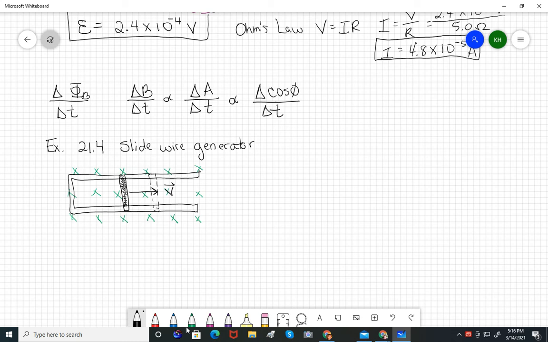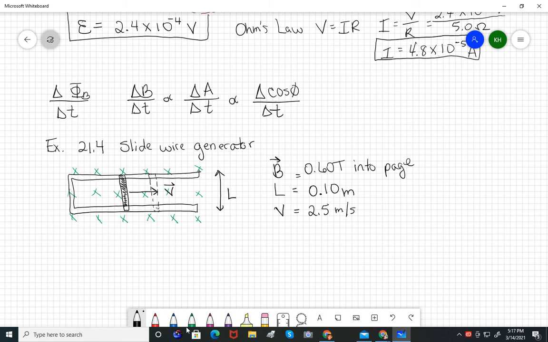And that's going to change the size of this area. So we're going to let the distance this way be L. They tell me in this problem that my magnetic field is 0.60 Tesla. It's directed into the page or into the screen. The length of that conducting bar L is 10 centimeters or 0.10 meters. And we're pulling it at a velocity, this is a lowercase v, don't mix it up with voltage, of 2.5